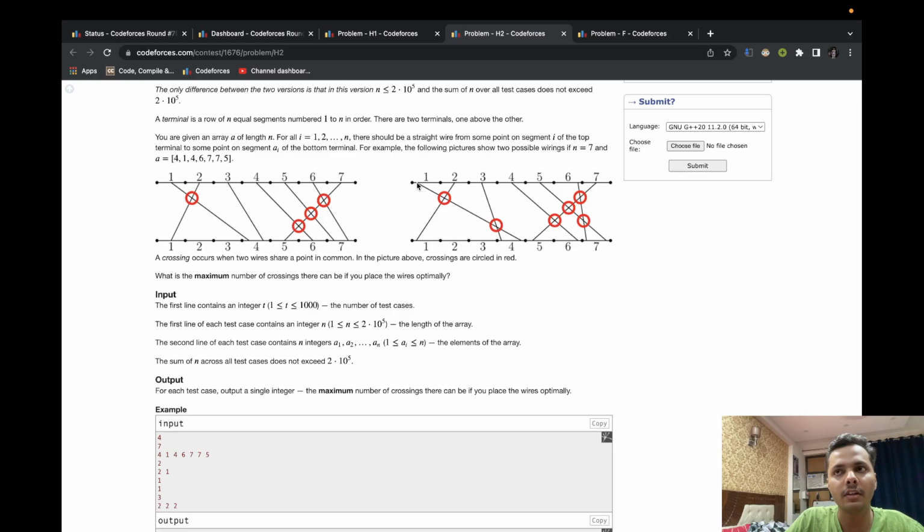But if A of J is greater than A of I, then obviously they are never going to intersect, because they are straight wires.